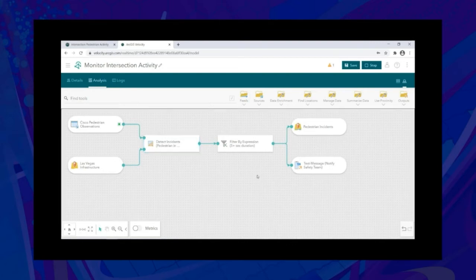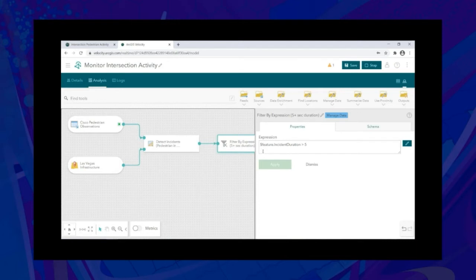Once an incident has been identified and created, I then configured my real-time analytic to pass this information to another tool called Filter by Expression. This tool is used to filter features by an attribute expression using the Arcade expression language. If I open this tool, you can see that I'm simply filtering for features where the incident duration is greater